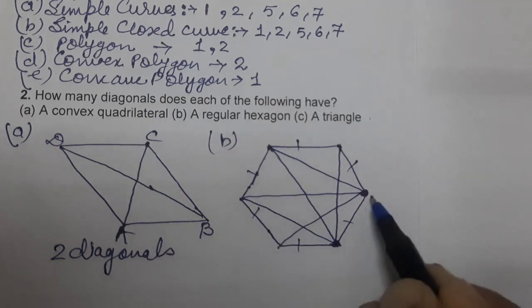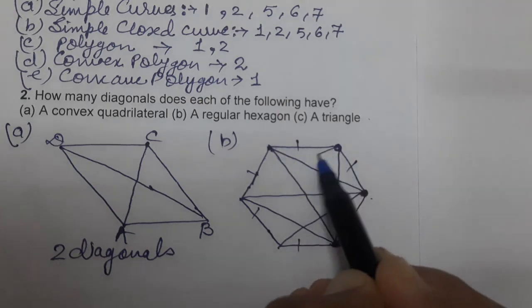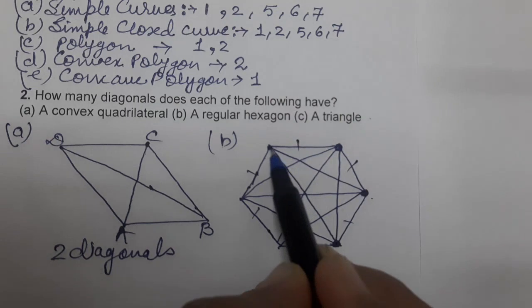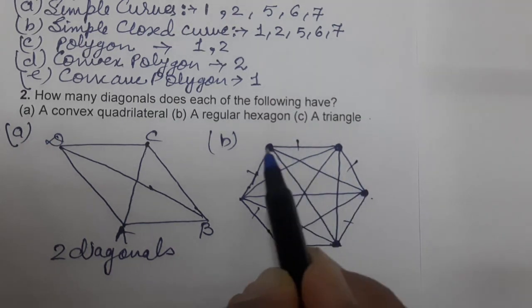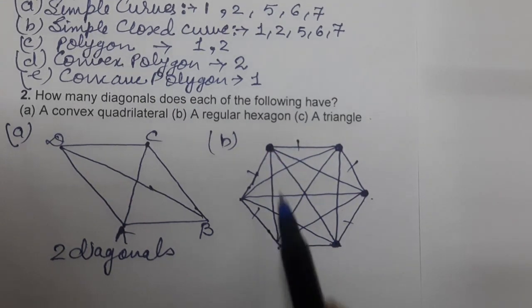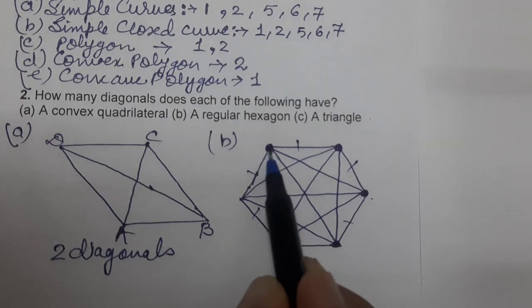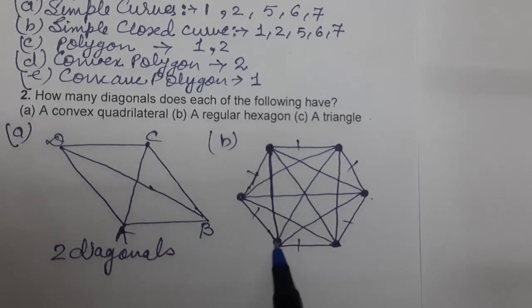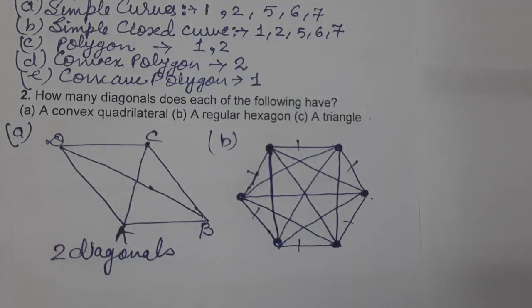So 2 vertices complete. Now take the third one. Again, this is the side. So this one first. And this is second. And this one is already made. Now next vertex. Is it possible? Yes. One here is already over, so one more left. So here one. Okay. Now this vertex is all over. Now the next, last vertex. This one. Nothing is possible. Everything made. Now this one. Nothing is possible. Everything made. So see, we have drawn all diagonals.